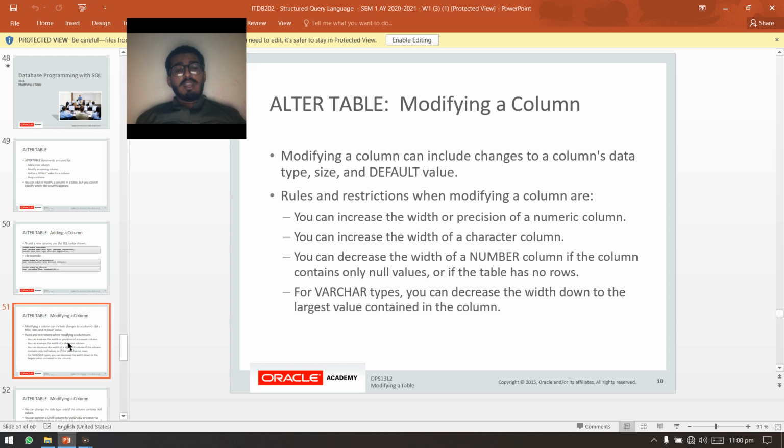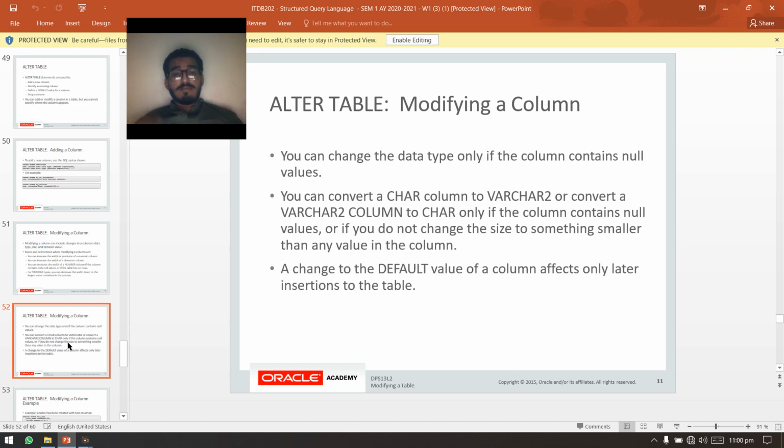For VARCHAR types, you can decrease the width down to the largest value contained in the column. ALTER TABLE: Modifying a Column. You can change data type only if the column contains null values.